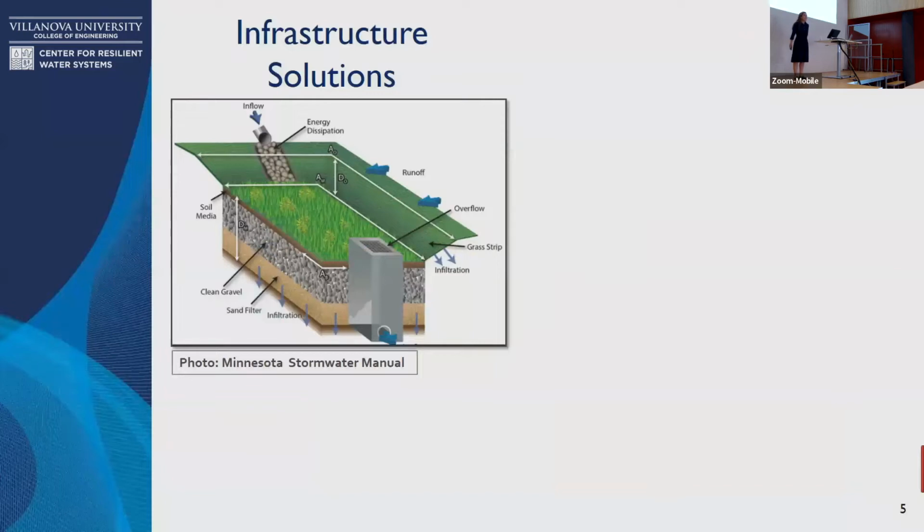So another new exciting thing that's been happening over the past several decades, and really not just started in the past several decades, but taken off in the past several decades, is blue-green infrastructure, or what we in the US are going to call SCMs, stormwater management practices, or BMPs, best management practices, or GSI, green stormwater infrastructure. There are so many different names for this, and I apologize in advance if I use one of these names and it gets confusing. Realize that this is what I'm talking about, a nature-based solution. And in the United States, we're usually talking about this in relation to stormwater.